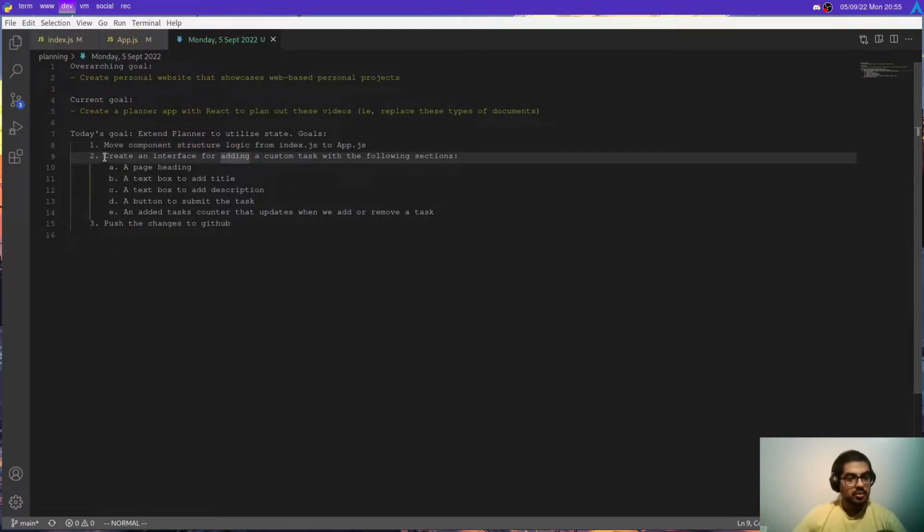And so the second thing I want to do today, and what is going to be the main focus of today's video, is to create an interface for Planner with the following sections. I want a page heading that just says Planner. I want a text box so that the user can supply a title for whatever task they want to add. I want to add a text box just so they can describe the task. I want a button to submit the task, and I want an added task counter that updates when we add